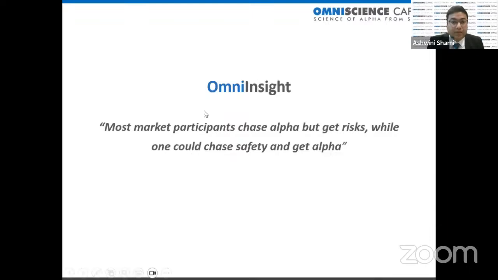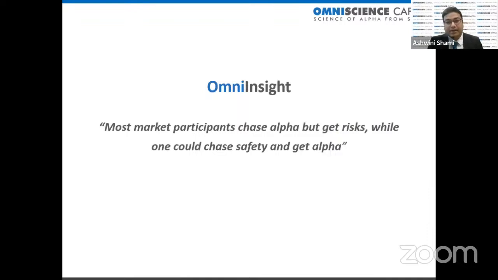What we have seen is that when it comes to equities, a large number of market participants, whether they are professional investors or individual investors, chase alpha, or in other terms, नॉर्मल भाषा में बोले तो एक्सेस रिटर्न या मार्केट से ज्यादा रिटर्न जनरेट करने की कोशिश करते हैं सब लोग, और उसको करते हुए